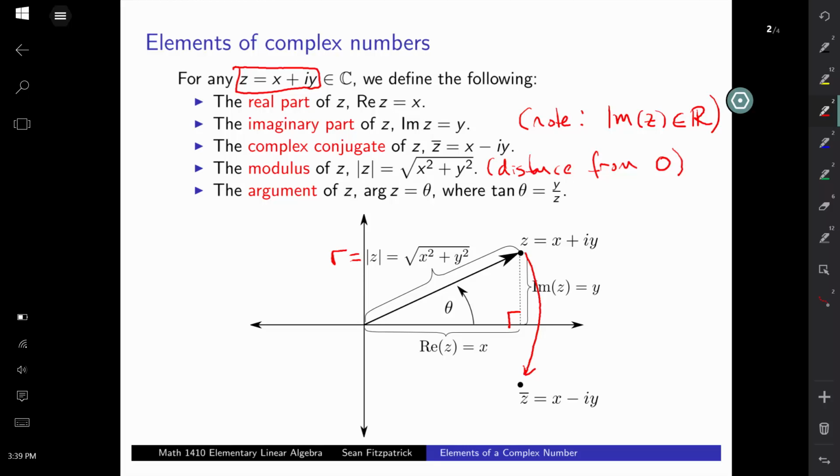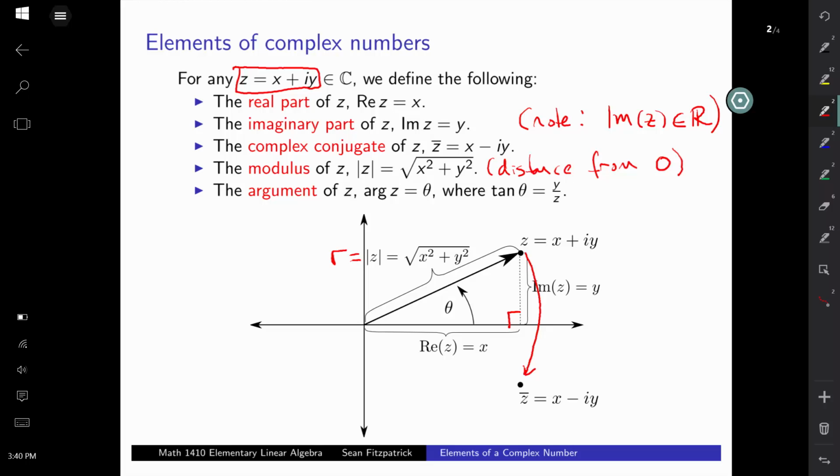Rather than writing it down in this form x plus i times y, we want to figure out how to express a complex number, not in terms of x and y, but in terms of r and theta, in terms of these two values. If you're reading the textbook, I'll mention that in the textbook